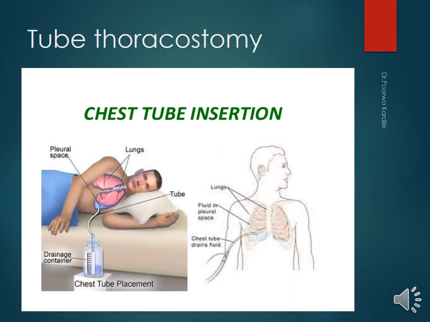This slide is of tube thoracostomy. A chest tube is inserted here, and the preferred site of insertion of tube thoracostomy is the fourth or fifth intercostal space at the anterior axillary line. Here the chest tube thoracostomy involves placing a hollow plastic tube in the pleural space to drain fluid or air from and